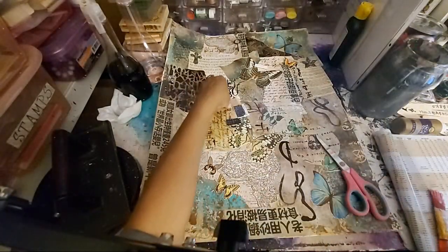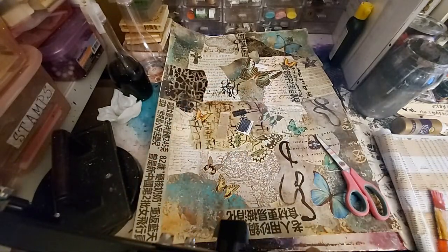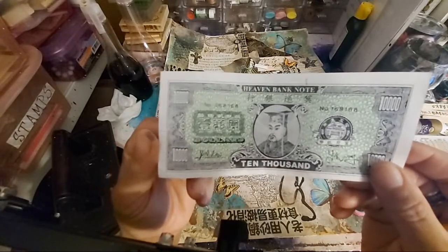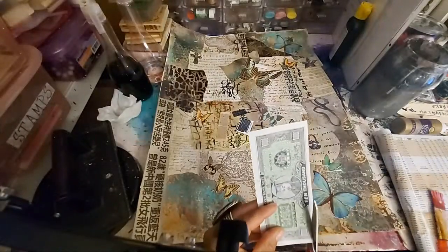Okay, so I like these little stamps. Let me throw these little stamps in this collage. Also, she has this money. Also, Patti Tolley Parish sent me this money. Isn't that cool? I wanted to use it last week. So let's,